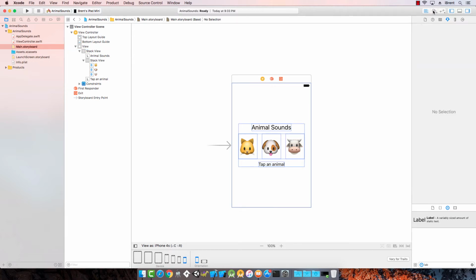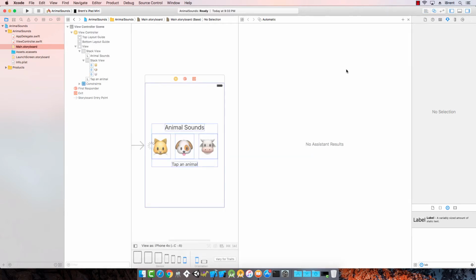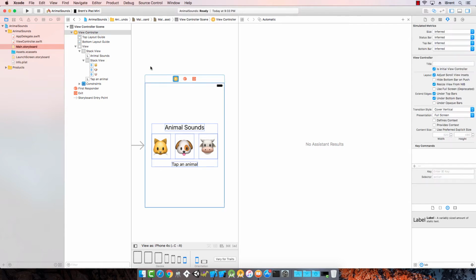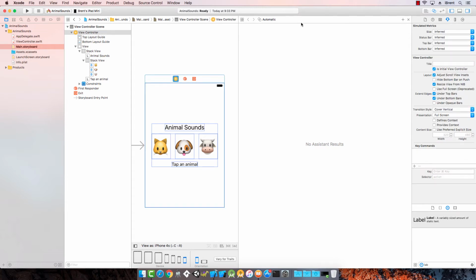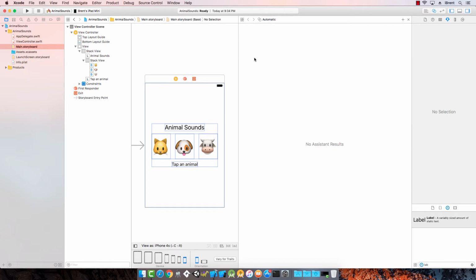Let's go ahead and click the assistant editor. And again, this brings up, and it's having trouble. It didn't find it. And part of the reason, let's see, if I select this view controller, occasionally it does this for some reason where it's not finding it automatically. If that's the case, you can go ahead and check manual and say animal sounds, and this, what it does